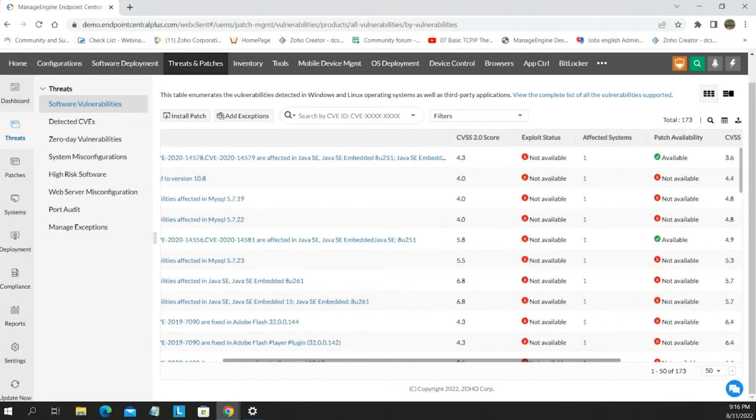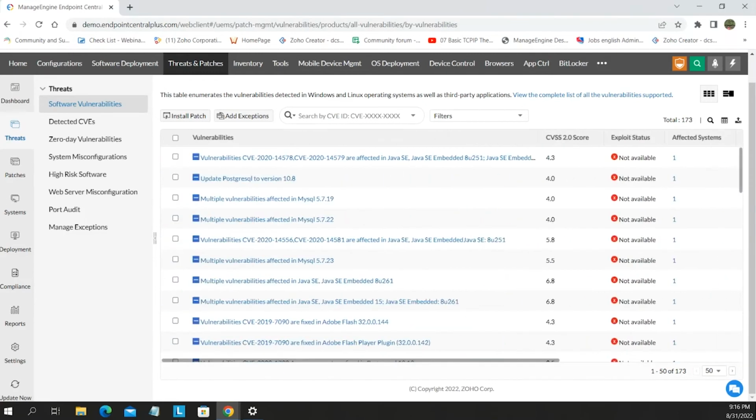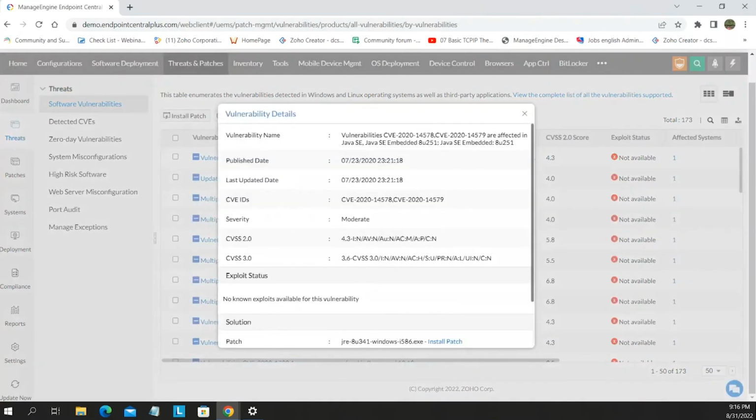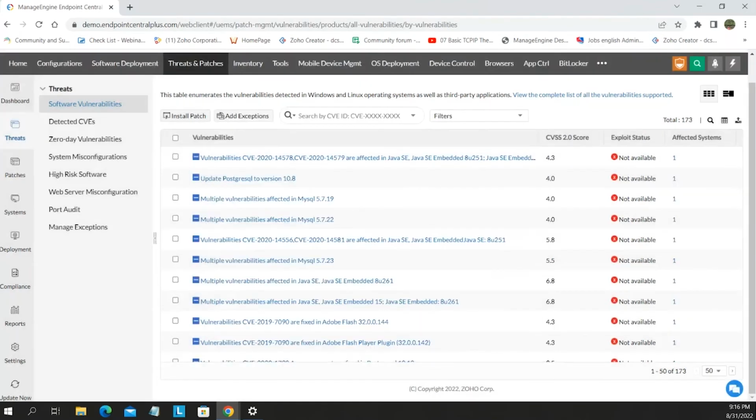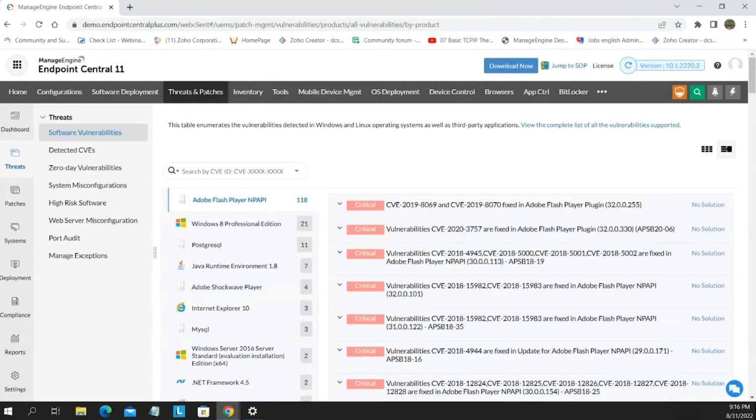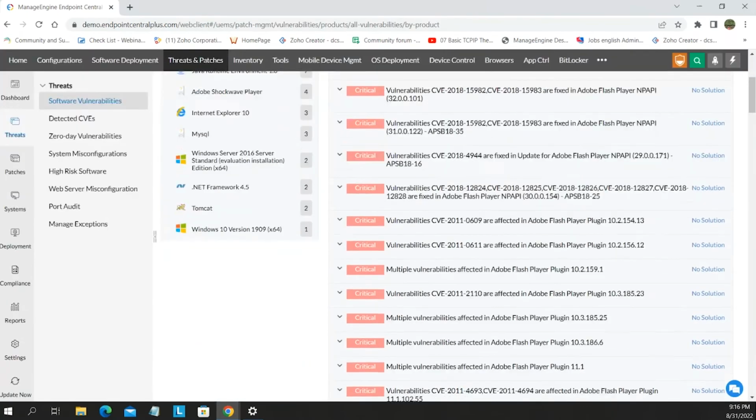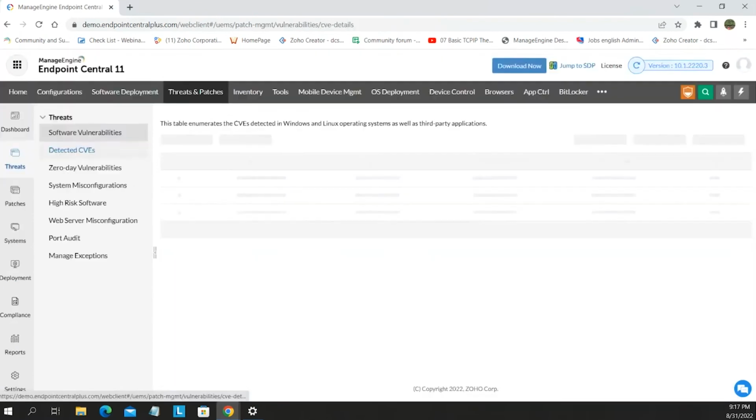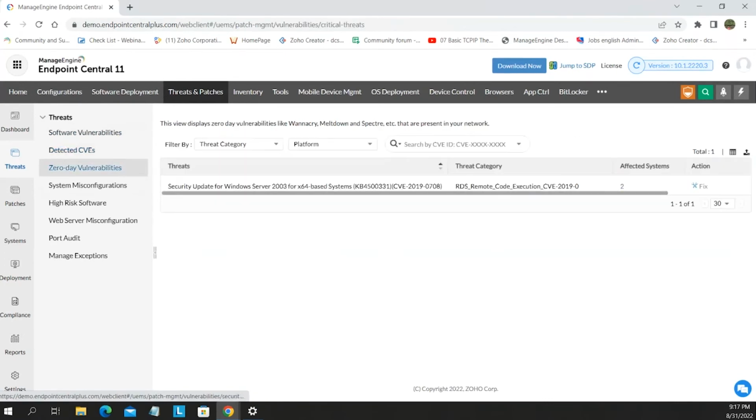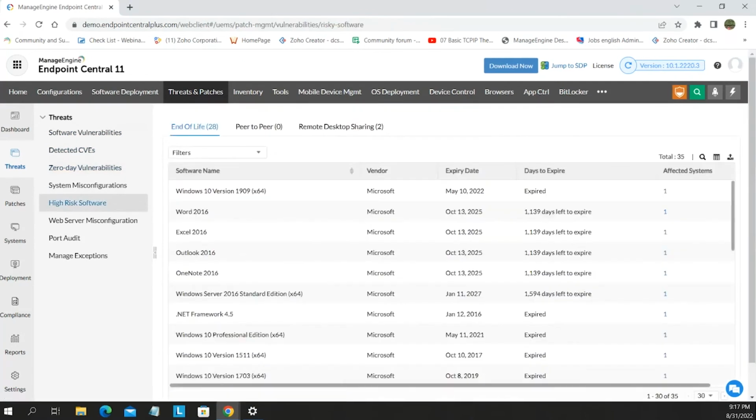We give you the CVSS score and all these details, and each and every vulnerability's details give you the CVE ID and external links for reference. Also, we provide you a smart view that gives you the details based on each and every application. And we list the common vulnerabilities and exposures, zero-day vulnerabilities, high-risk software, end-of-life, peer-to-peer and RDP software. So you can choose what software you can keep in your network, and then you can remove the unwanted,